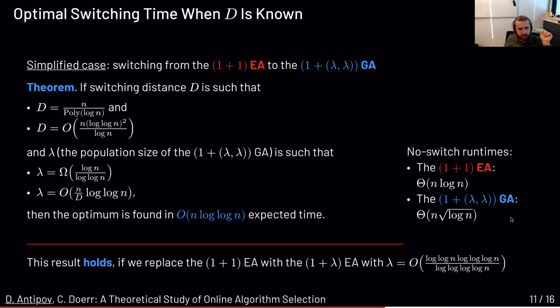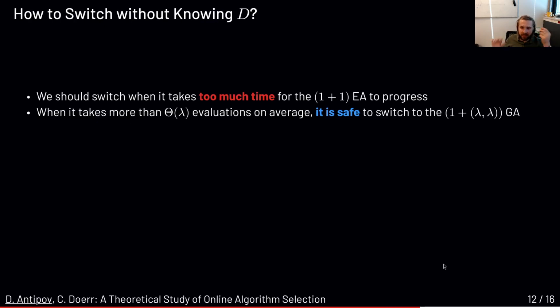Also interesting that this result holds even if we replace the 1+1 EA with a 1+λ EA with not too large population size, where the population size is at most, let's say, double logarithm of n. But okay, let's come to a more realistic situation when we don't know our distance to the optimum. In this case, it makes sense to switch from the simple 1+1 EA to a more complicated 1+(λ,λ) GA,